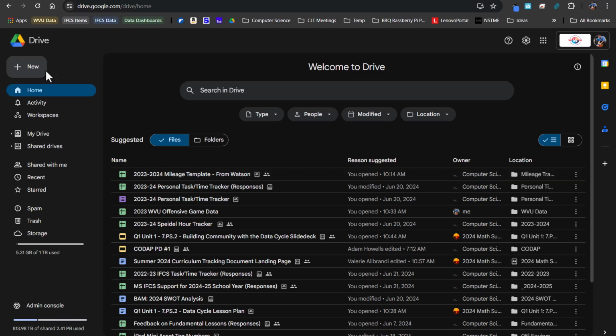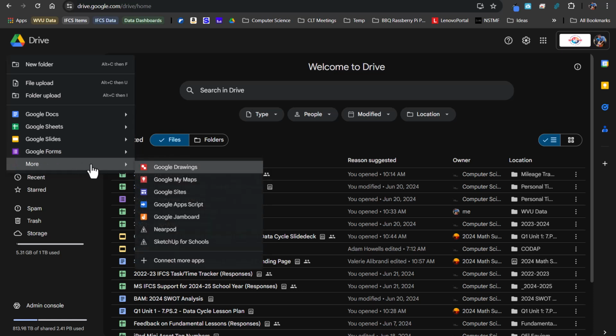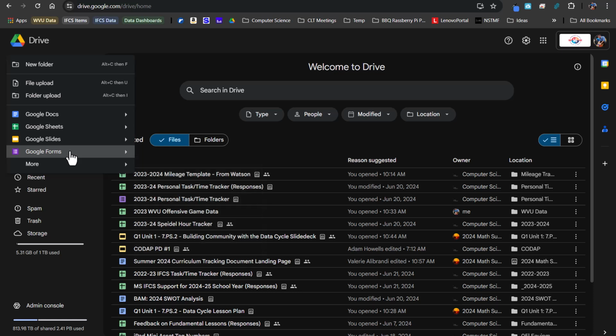Up in the top left-hand corner where it says New, you're going to click on that button right there, and it's going to give you some options to create some new documents. You'll notice that mine has Google Forms right here at the bottom. If your Google Forms is not showing up there, that's okay. It may be nested right here under the More function. So what I'm going to do is click on a Google Form to create my first Google Form or a